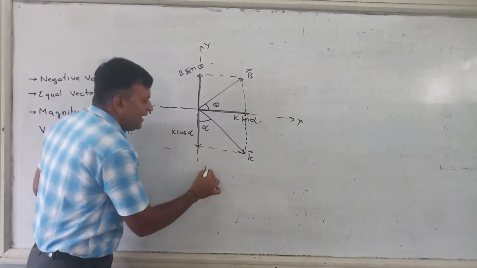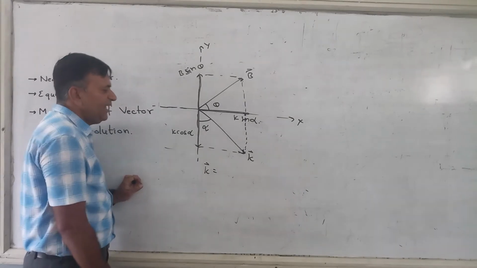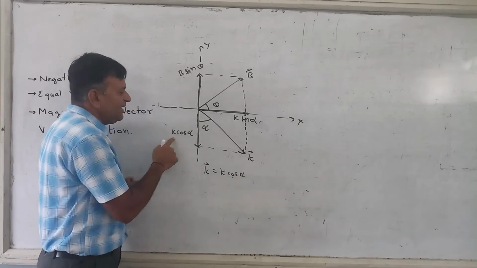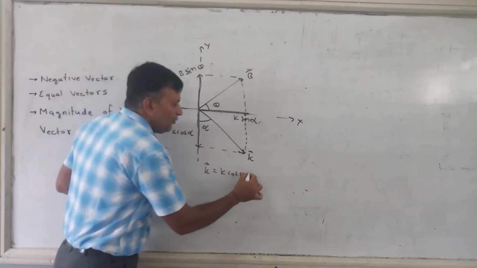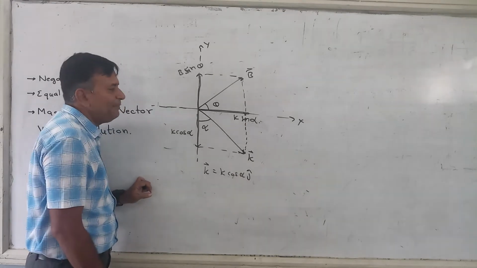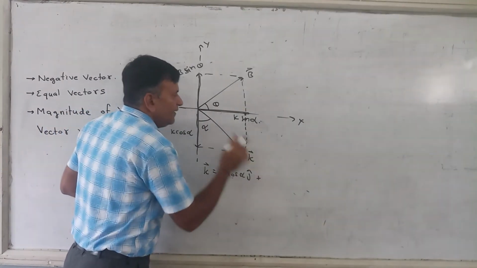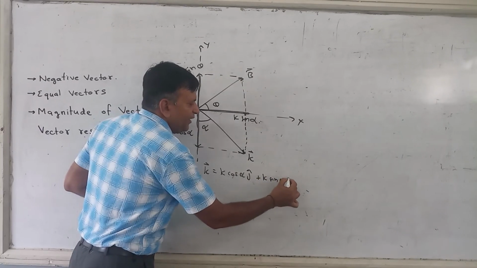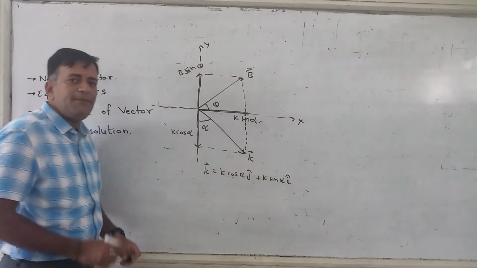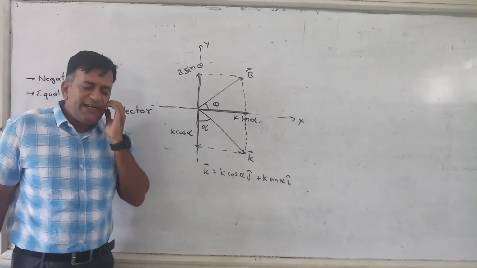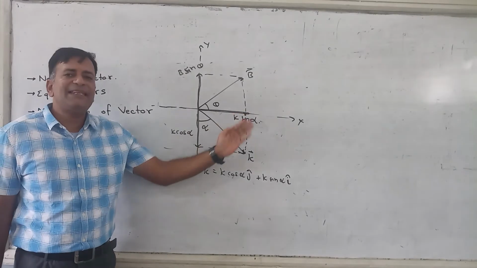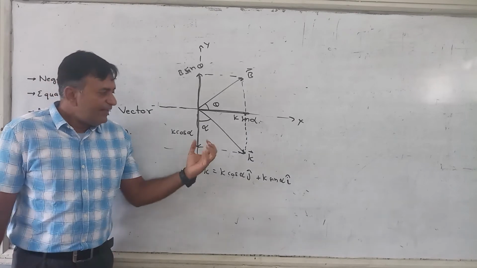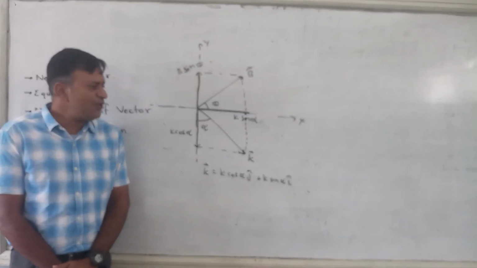Okay, and the total vector k can now be written as k cos alpha. In which direction is this? Negative direction, so sorry, y direction, so this becomes j cap. What is this direction? This is positive x direction, so this becomes k sin alpha into i cap. People sometimes think that it is only the x-axis which will be cos and y-axis which will be sine. That is not always necessary. It depends on the given angle.